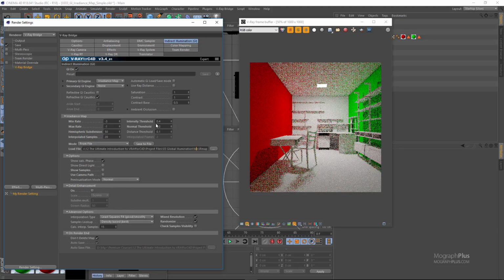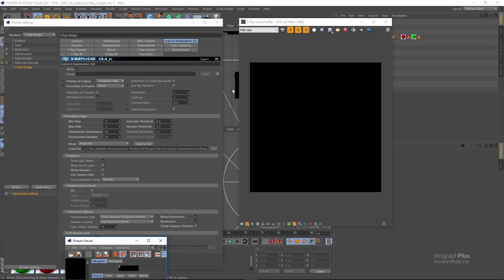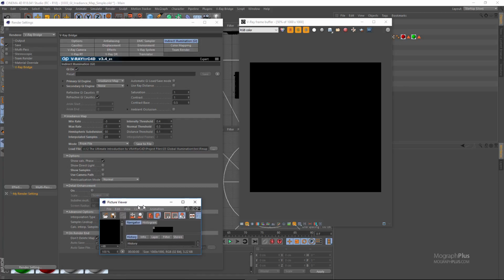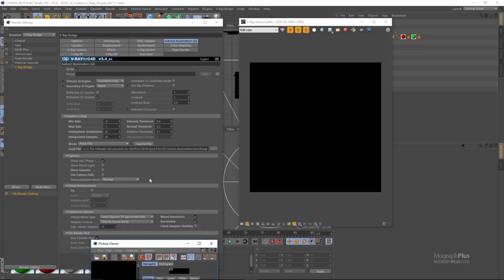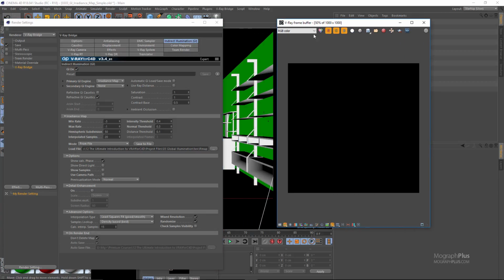Now the information in this map basically includes both the Irradiance map and light cache information, so we can turn off our light cache so it won't be calculated again. And let me just clean this again and render the scene. Let's see what's happening here. So we have our single frame, our Irradiance map set to none. We should be good to go. We have loaded our file from file,